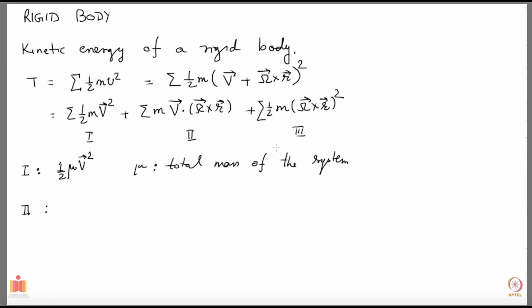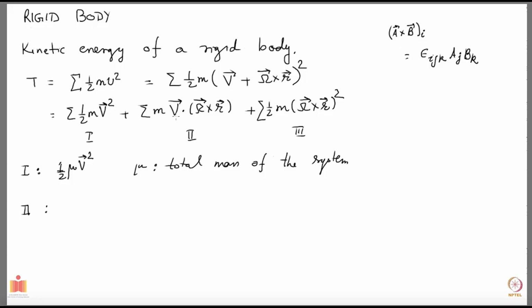I hope you already know this, you might have learned in your bachelor's, that if you have A cross B, the ith component of this is given by epsilon i j k A j B k. I hope I'll have some time to talk about tensors and then I'll talk more about these things. But in case not, then please study on your own. Anyhow, this is how you write down the components of a cross product, and that is what I'm going to utilize here.